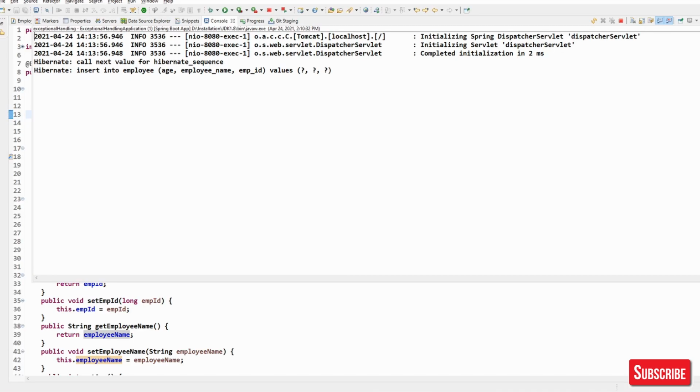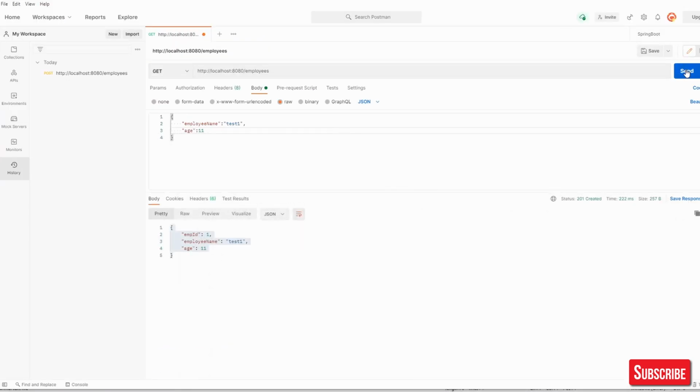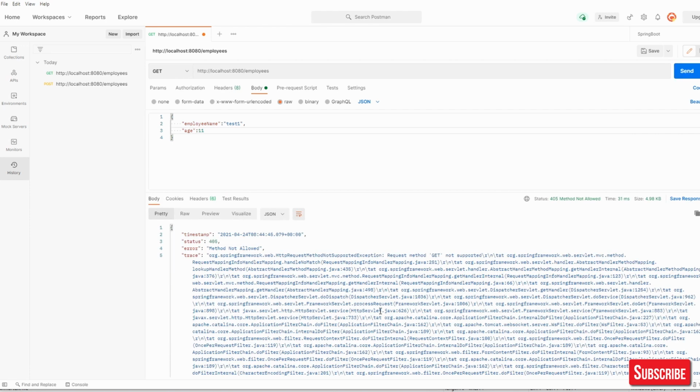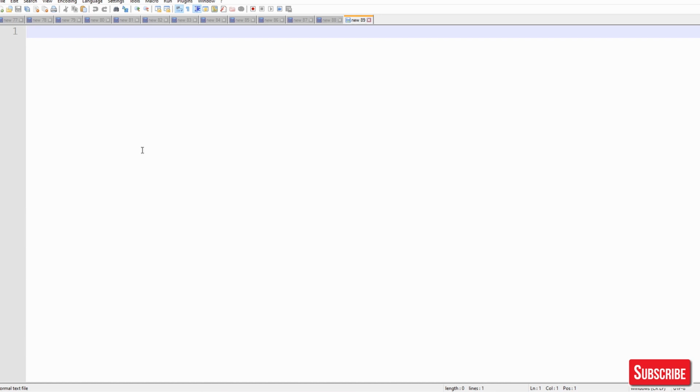Okay, let's clean it and now click it. Now you can see this is 405, and it is giving method not allowed. Here you can see it is giving request method GET not supported. Okay, so that's the 405 method not allowed that we have seen.